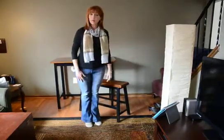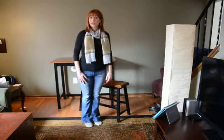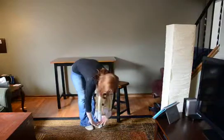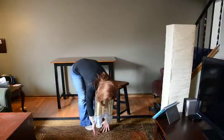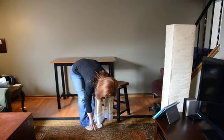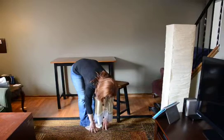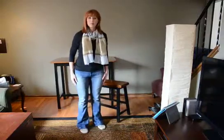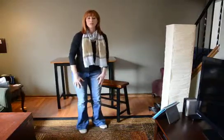You can do this while you're waiting in line. It's a great exercise. You can do a nice long bend. This feels really good if you've been sitting for a long period of time. It stretches out the backs of your legs and your lower back, which tend to get really sore on long flights. You can also do some squats